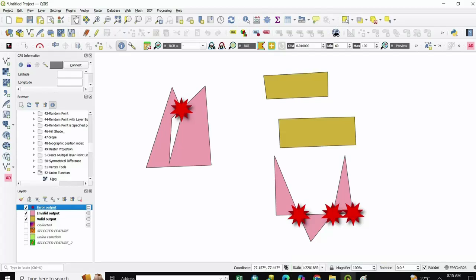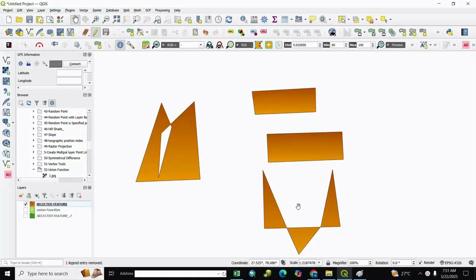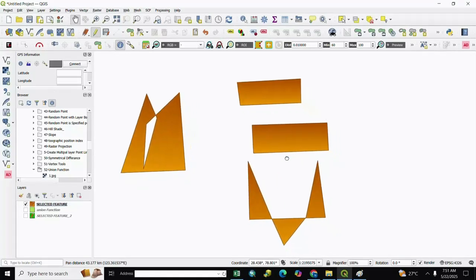So let's start. Here is our polygon, valid and invalid. So we check which feature is valid and which feature is invalid.